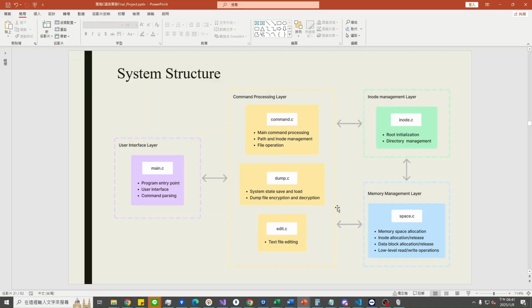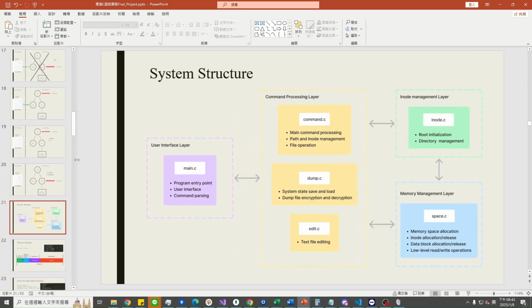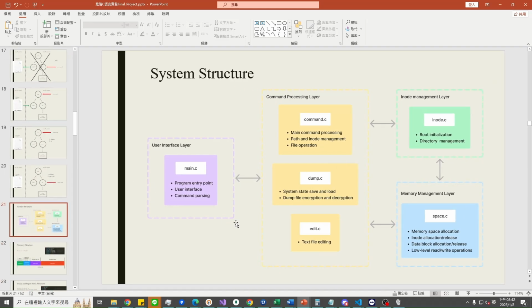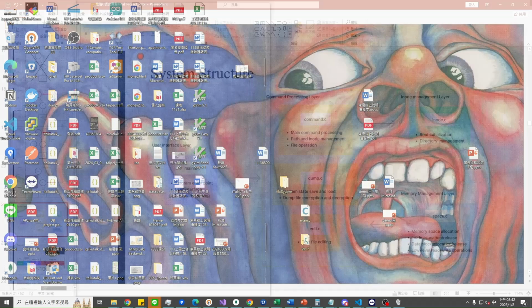And then we will introduce our system architecture, and our system is combined with 4 parts. The first is user interface and command processing layer, and then inode management, and the last one is memory management layer. And the user interface layer contains a main file and is responsible for the program entry point, user interface and